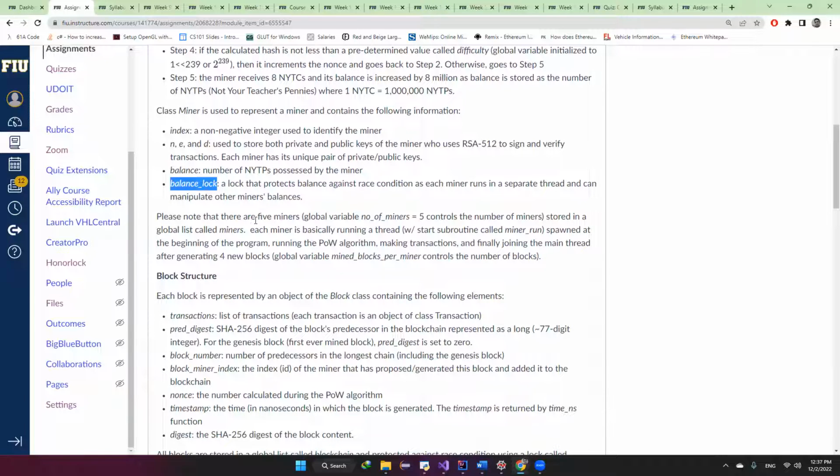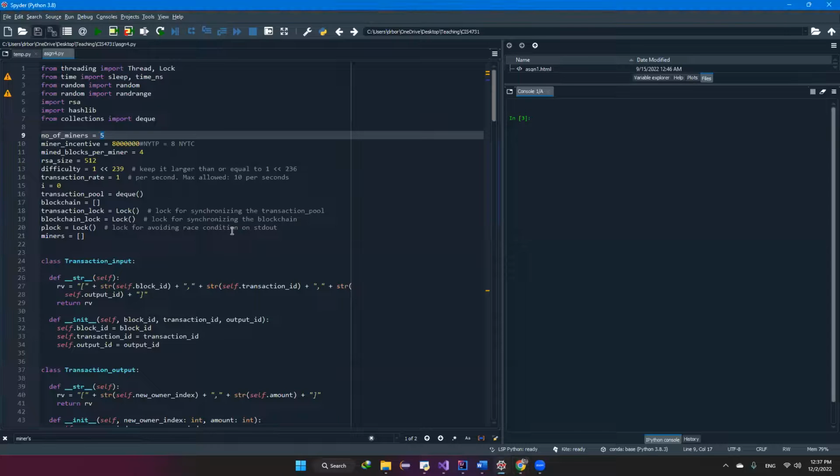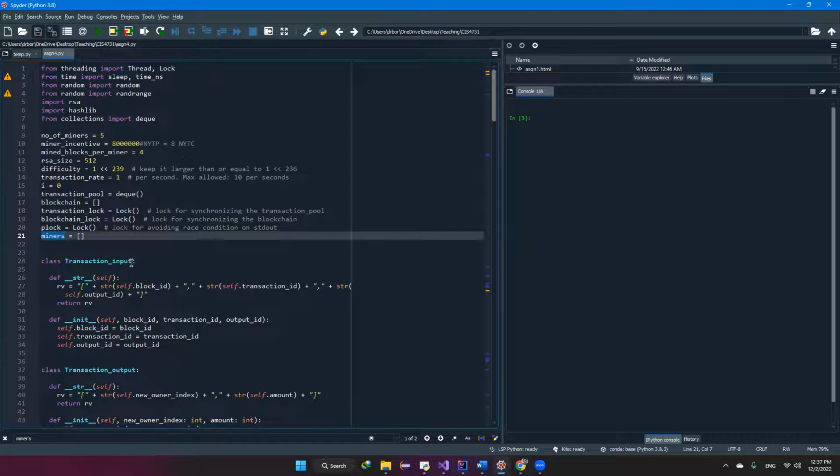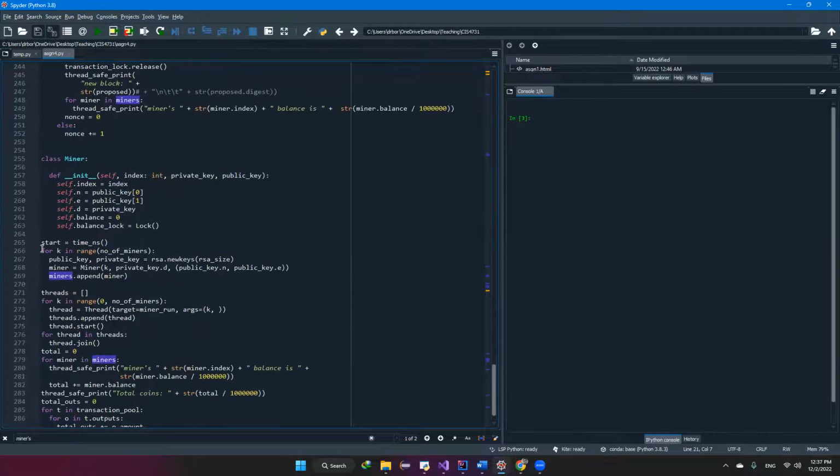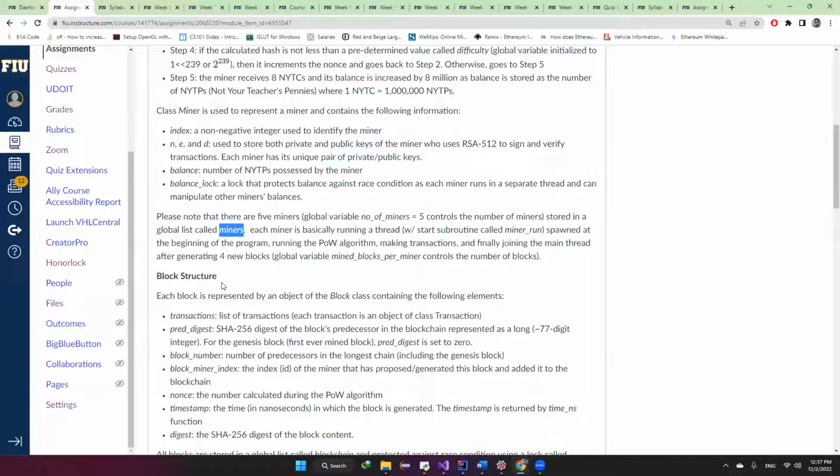It says, please note that there are 5 miners, which are all stored in a global list called miner. All the global lists are on the top. You can check them out. This is the miner list, which is going to contain 5 miners. I have initialized them here, as you see, on lines 266 to 269, and